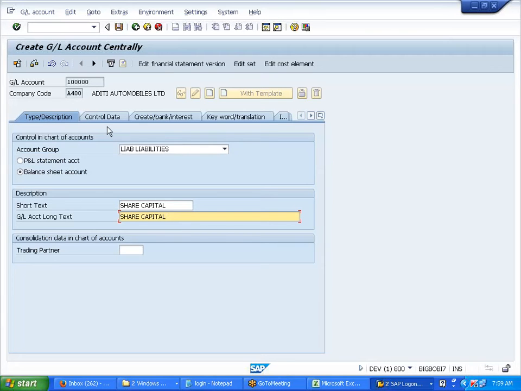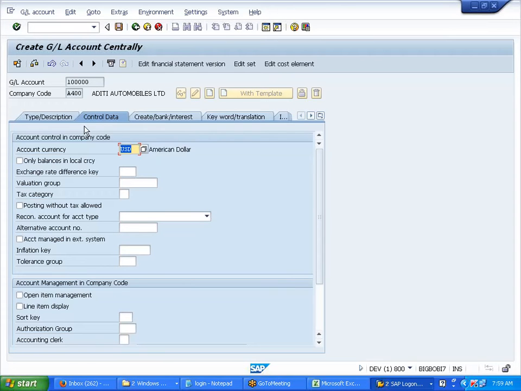So this is related to the chart of accounts. Now I'm going to the control data, moving into the company code. This is all under company code. See, your currency is getting picked. From where? From the company code. Currency always picks from the company code. This open item, line item, I'll come back to. Whenever the requirement comes, I'll explain. Now this line item is basically for your display purpose. In one of the transactions, I'll tell you.